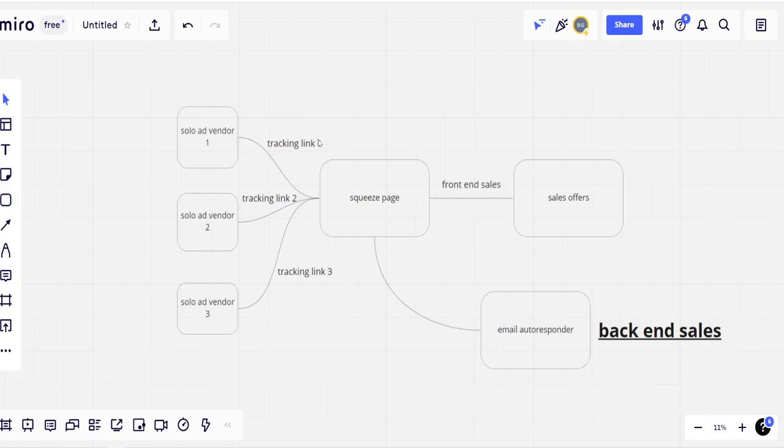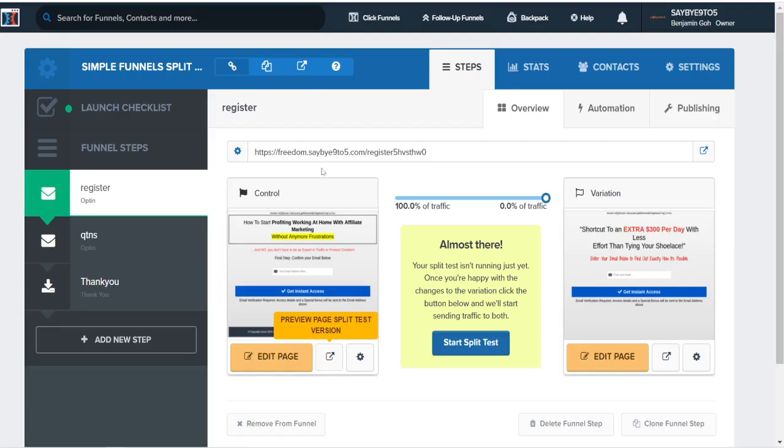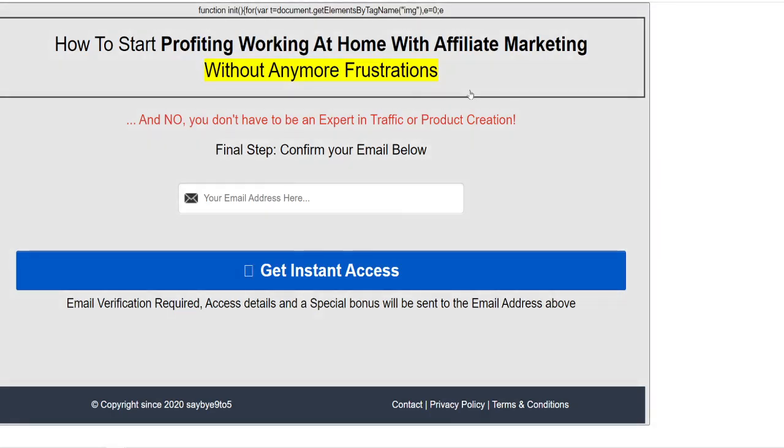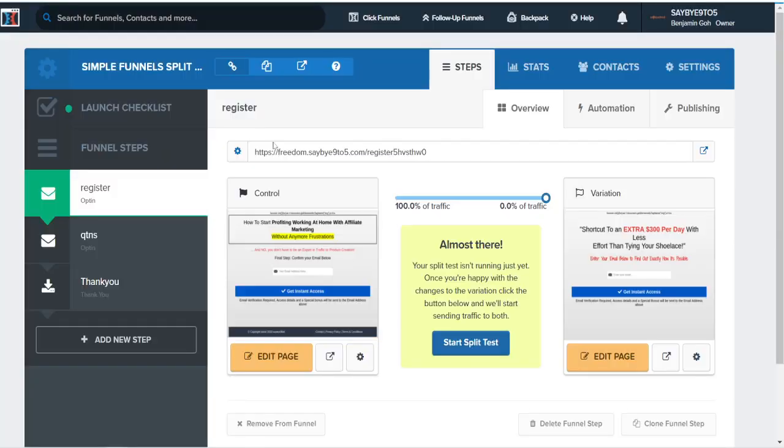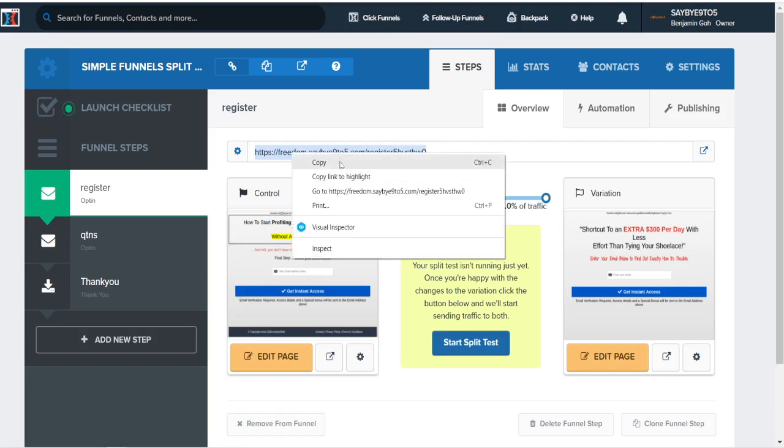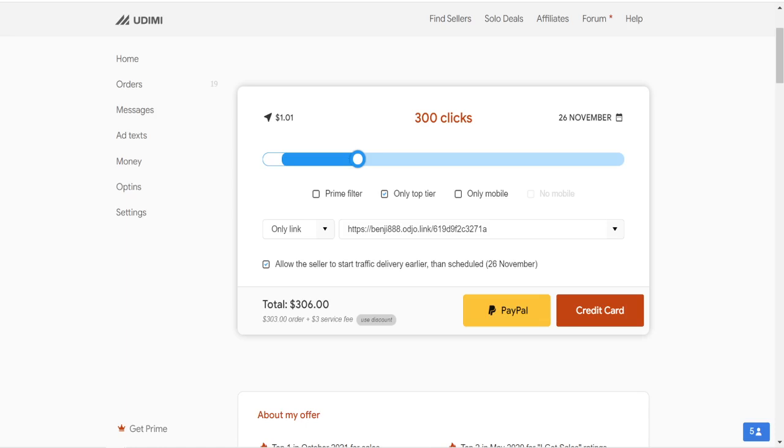What exactly is a tracking link for? If you go back again to ClickFunnels, this is my split test page. This is actually the URL of this funnel. Let's say we preview this page, again we come to here. This particular URL, if you give it to the solo vendors directly, like if you just copy and paste it here, this is not going to help you at all, because the idea of having a tracking link